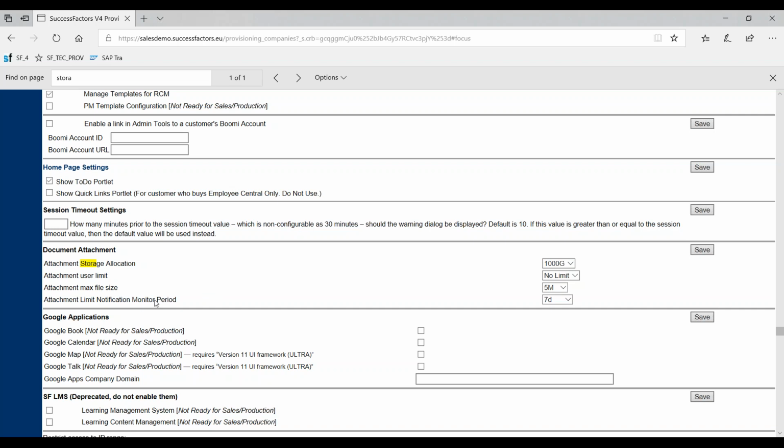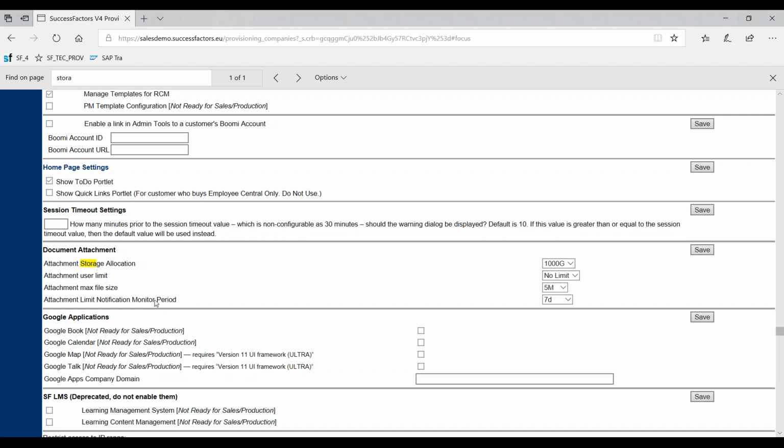This is where super administrators or system administrators, the people who have access to the file storage management feature in Admin Center, whoever you are, if you have the access,